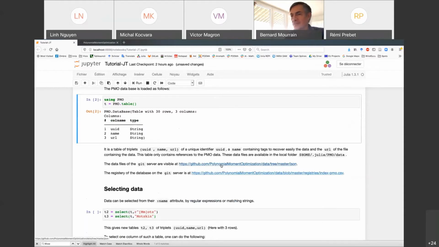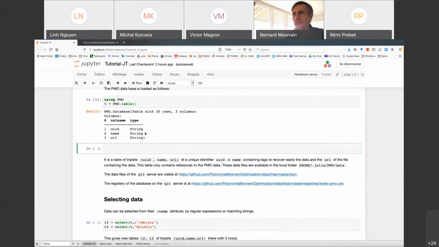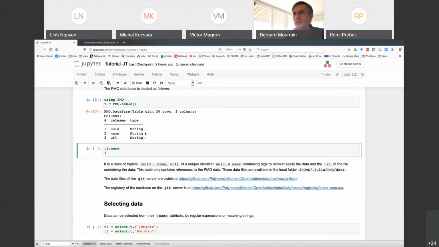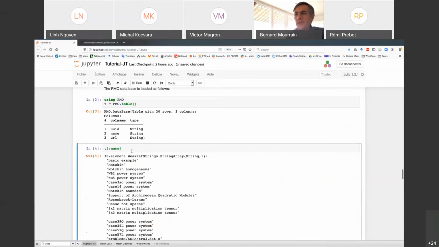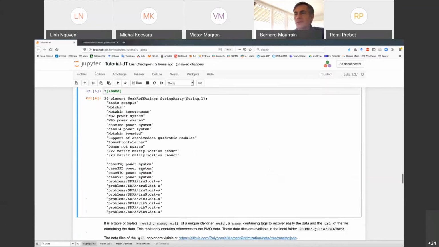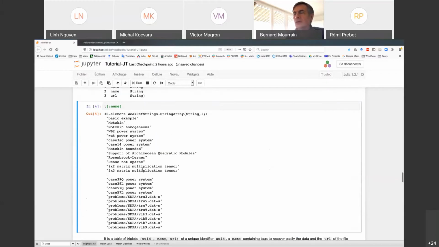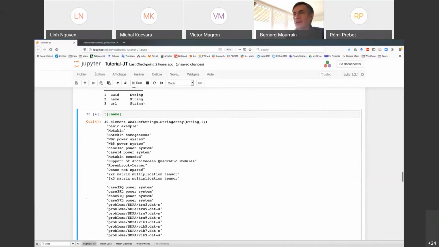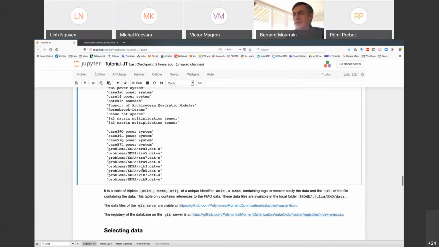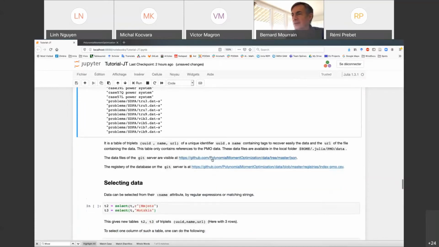We can see the names of this data, which are listed here, and we'll see what is inside this data and how to get it effectively.